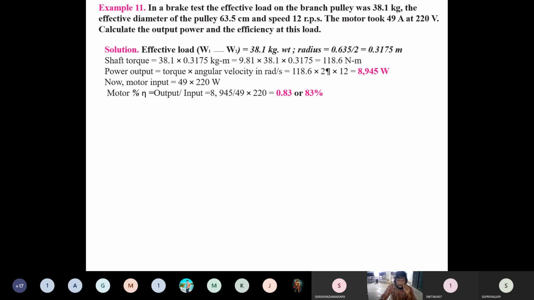So N2 by N1 is equal to EB2 by EB1. In EB2 only we have to add the resistance: V minus IA into RA plus R external, right? But EB1 is as usual, the same, V minus IA RA. So for that we first determine EB1: V minus IA RA, 420 minus 30 into 3, that is 330 volts. Now EB2, V minus IA into RA plus R external.